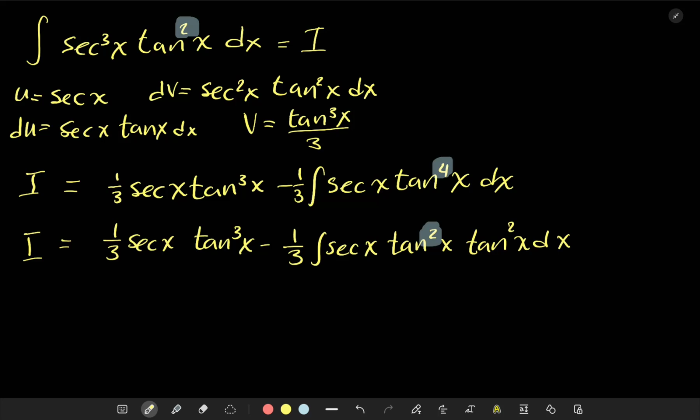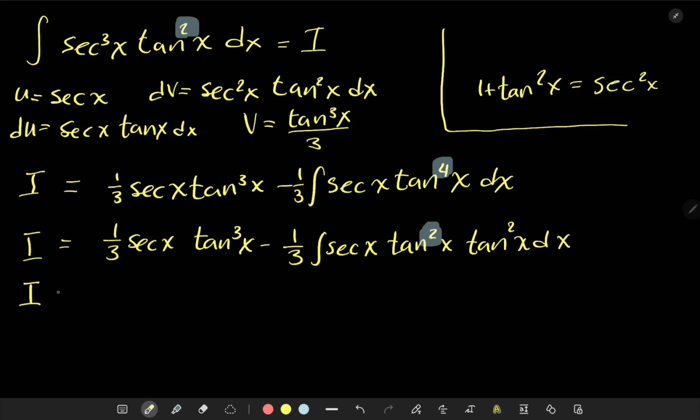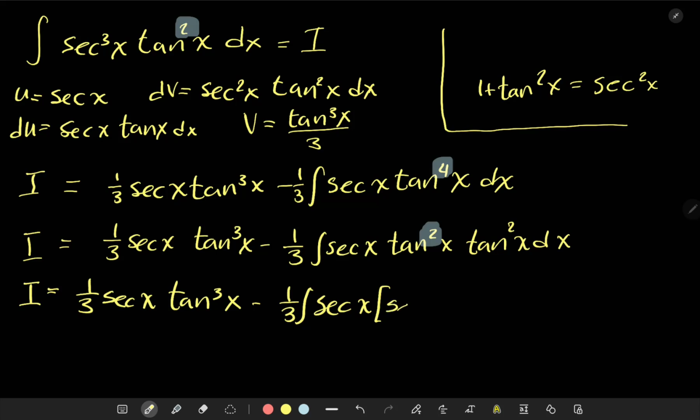All right. So now let's take a look at how I do that. Remember my identity that I had. Let me put it over here. A second ago we said that 1 plus tangent squared of x equals secant squared. Remember we wrote that? Okay, so tangent squared is going to be secant squared minus 1, and I want to substitute that in here. So the integral I that I'm looking to compute is going to be a third of the secant of x tangent cubed of x minus 1/3 of an integral of secant, and then instead of the tangent squared, I want to write secant squared minus 1